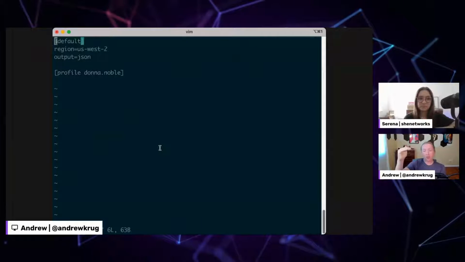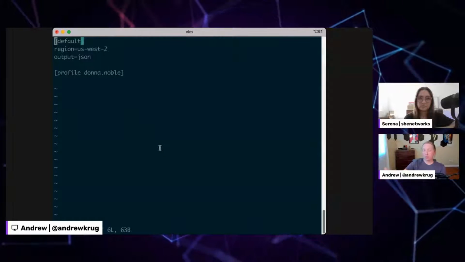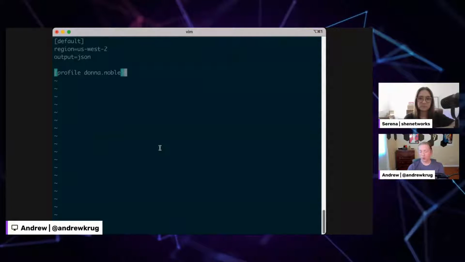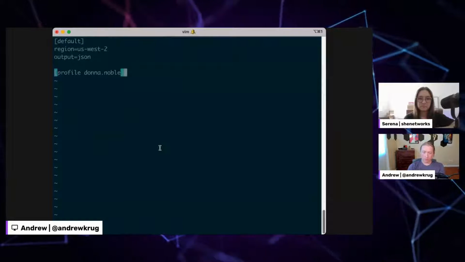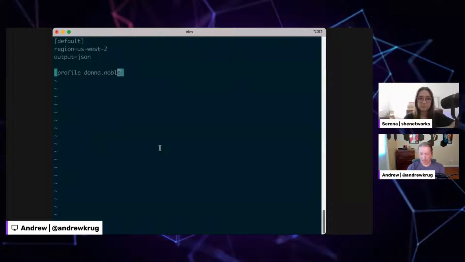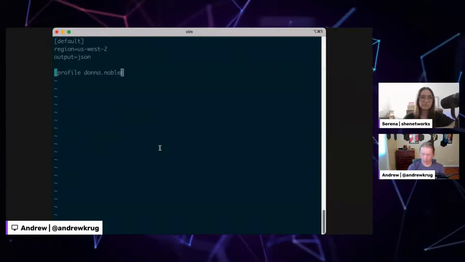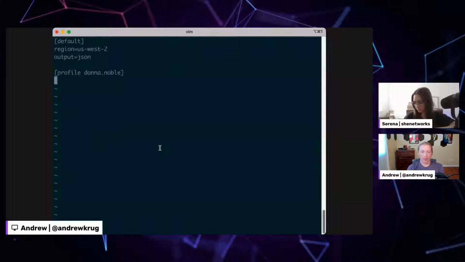You have a default, which holds the settings if you don't provide a profile, and then you have an infinite list of potential profiles. So what we're going to do is set up a second profile here. Oops. Leave vim in brackets.